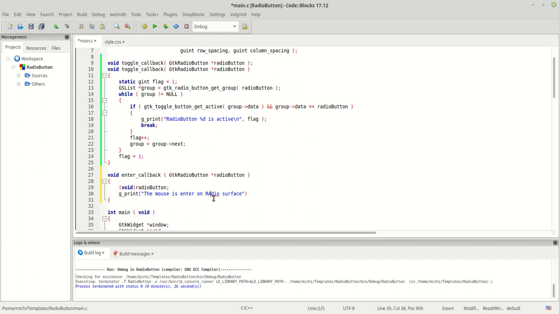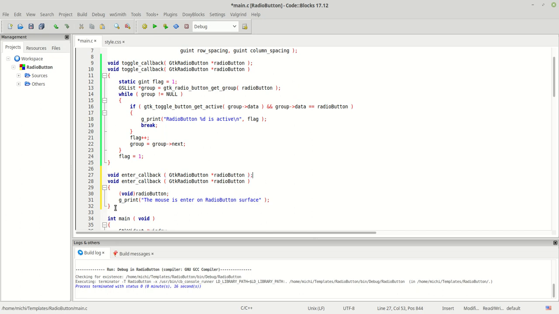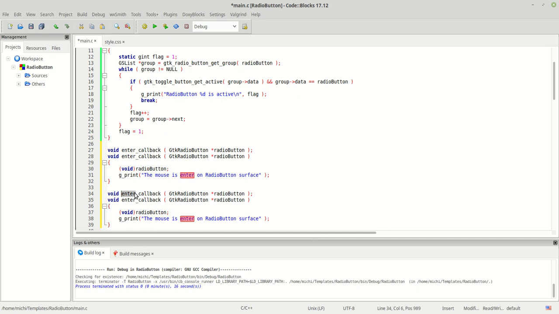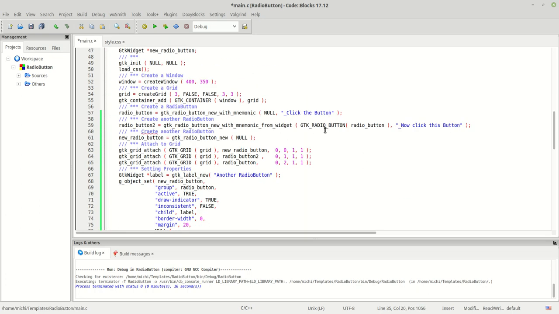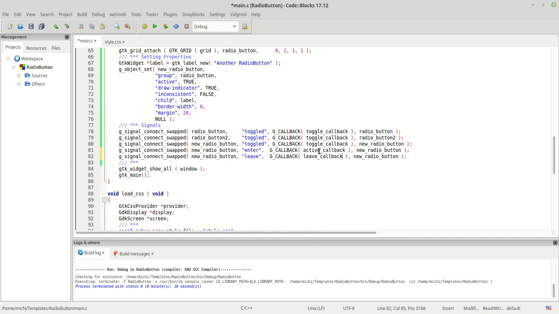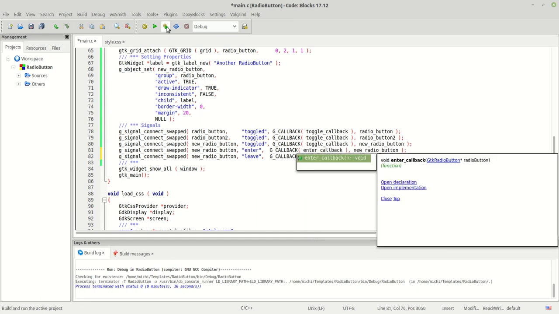I know I'm not so good with text. I think you already noticed this. So basically this is the enter, and of course we are going to create the leave one. Leave callback. The mouse is leaving the radio surface, and then we are going to call these two callbacks, one here and another one is here, and then we are going to run the